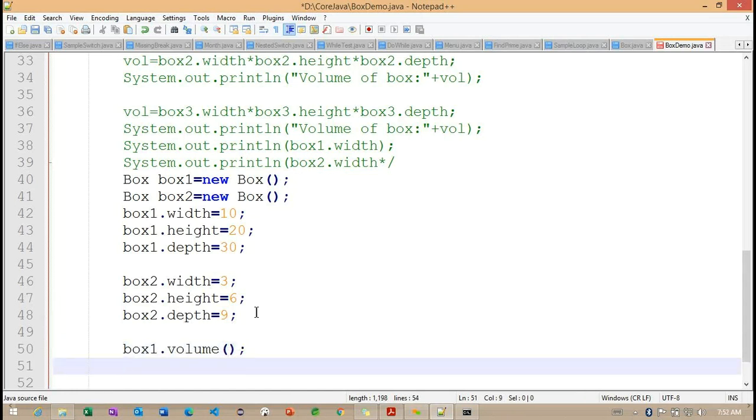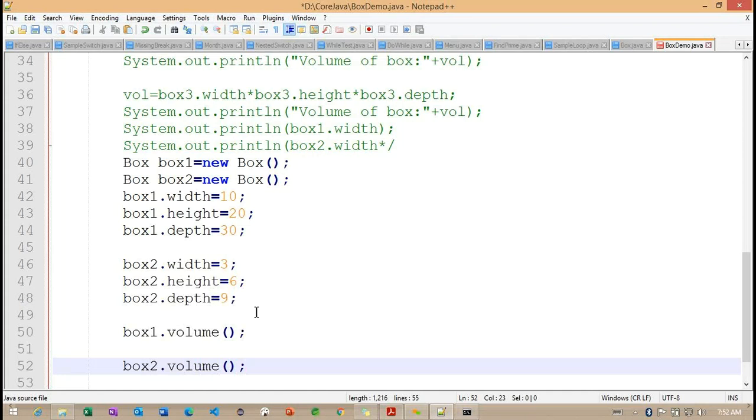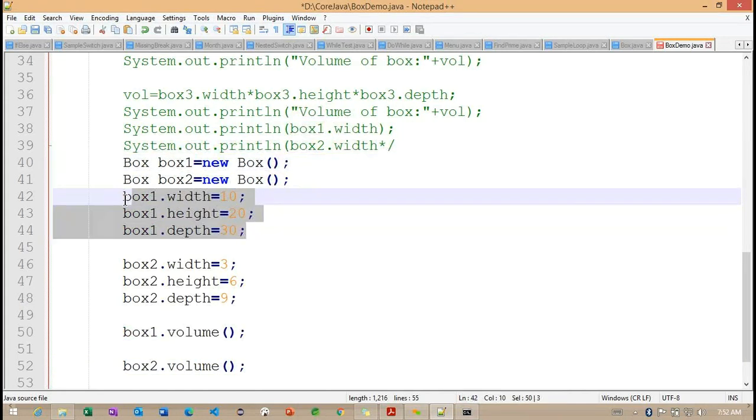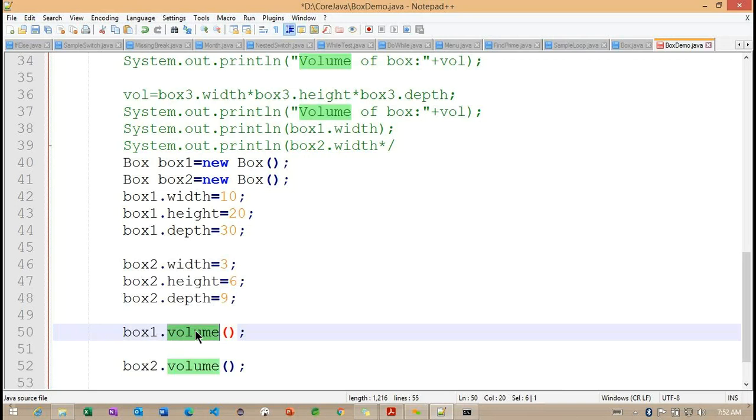Here I'm calling box1.volume, and the same thing, box2.volume. Carefully observe here: we created two objects, with the help of these two objects we initialized the values, and after initializing, we are calling this volume method.